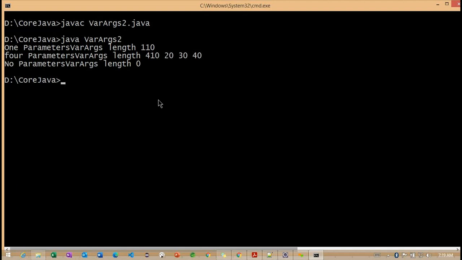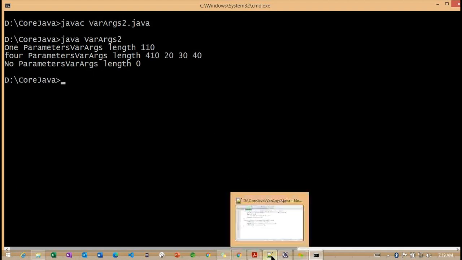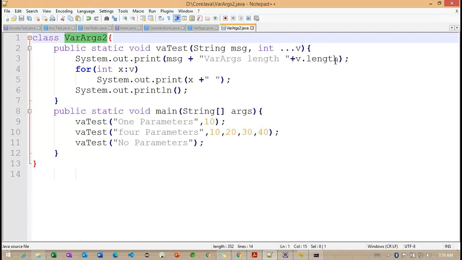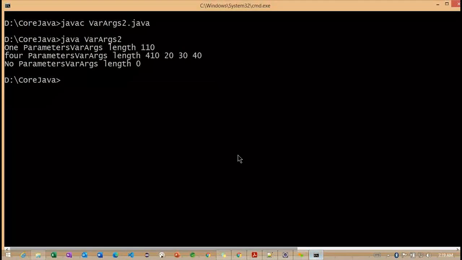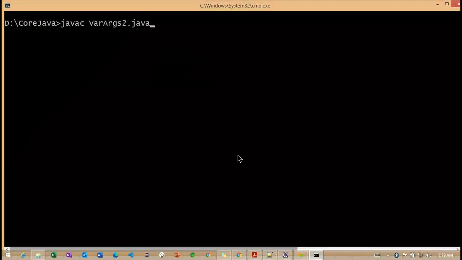Now you can observe, okay. So here we need some space after length, so that the length is printing as well as these x values. Let me compile one more time.